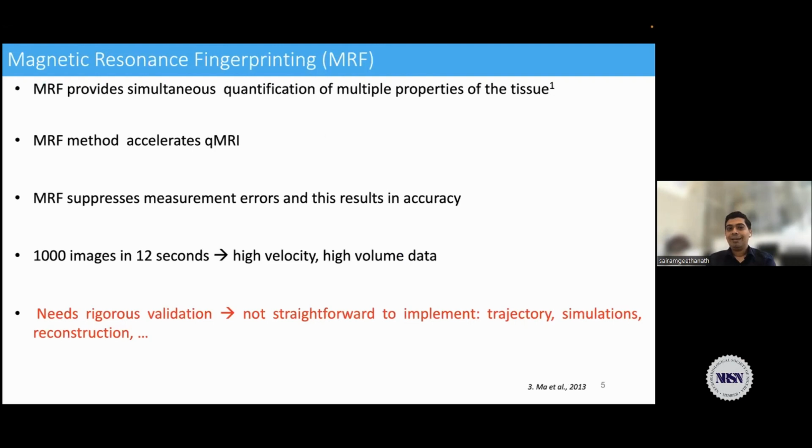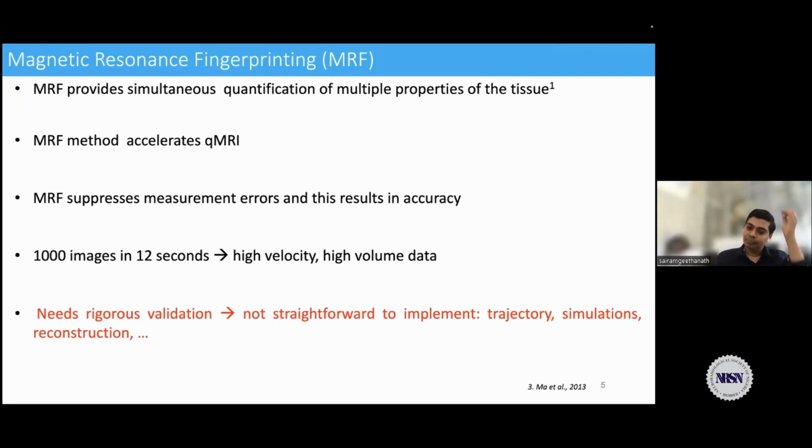What fingerprinting does is it bridges the gap by allowing access to multiple tissue parametric maps like T1, T2, ADC, and the like simultaneously. So you do one sequence, you get more juice out of it. So you squeeze the lemons more to make different lemonades. Just to stay with the analogy, it does accelerate quantitative MRI